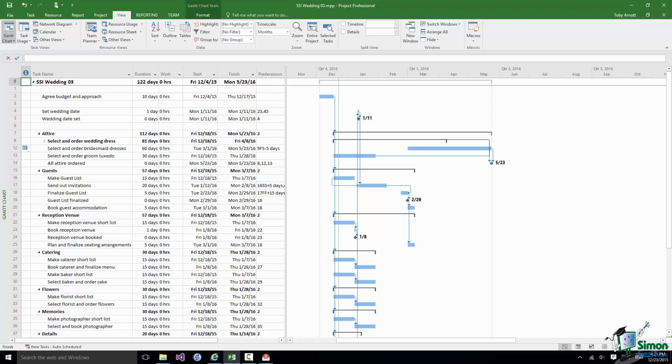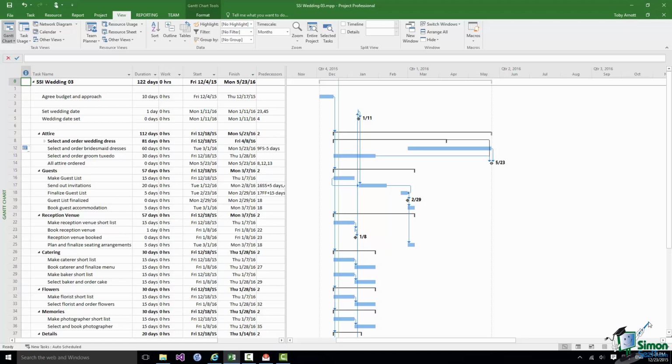When you look at a Gantt chart such as this one, you're primarily looking at tasks. The table on the left gives information about the tasks, and the chart on the right gives a pictorial, a graphical representation of the scheduling of the tasks, their durations, dependencies, and so on. Now, tasks and resources are basically the two building blocks of a project in Microsoft Project 2016, and we link the two together using what are called assignments or resource assignments. In this section we're going to look at resources, and in the next section we're going to look at resource